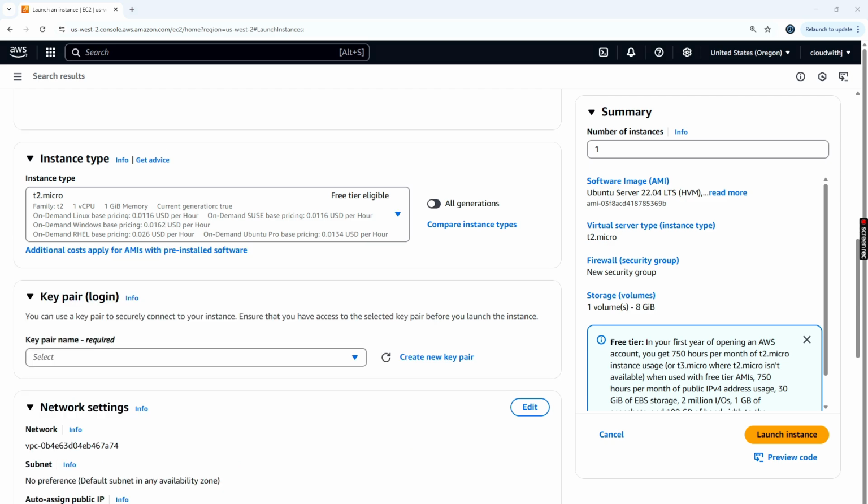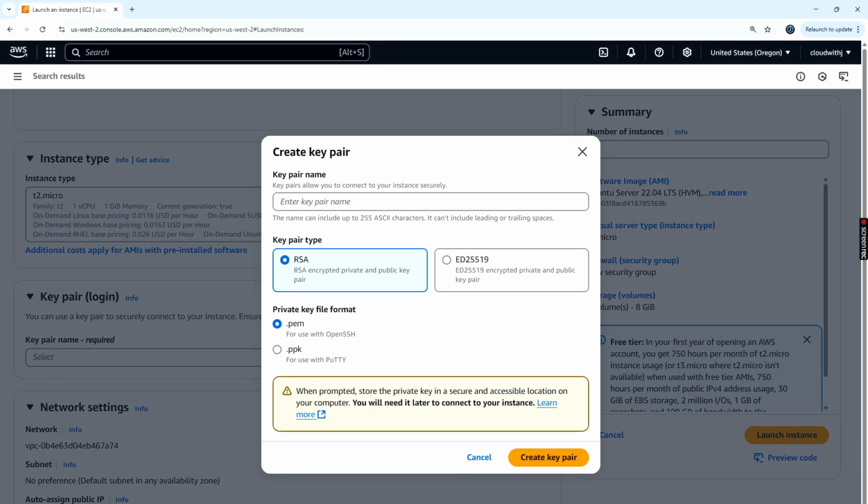We need to choose an SSH key pair that will allow us to securely connect to the machine. I'm creating a new key pair, giving it a meaningful name, and downloading the PEM file. Without it, we won't be able to access the server. I leave the key type as the default and reliable RSA, and the PEM key format, which matches the popular OpenSSH standard. I'll make a separate video entirely about the different ways to use keys, where we'll also deal